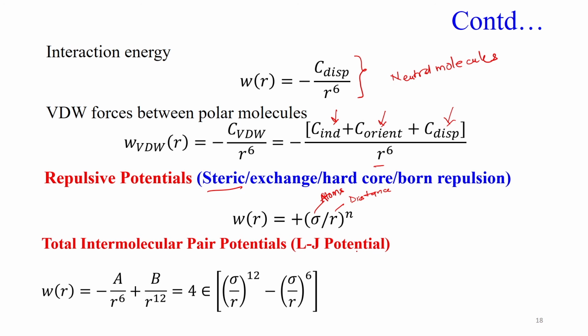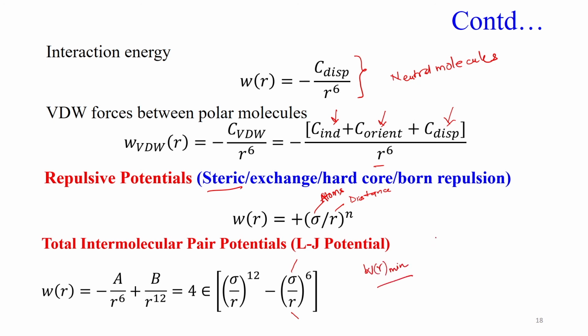It has both attractive and repulsive terms, and can be simplified in terms of the size of the atom divided by the interatomic distance. So this will be 4 epsilon, sigma upon r to the power 12 minus sigma upon r to the power 6. Now, as we did in the last class, if you want to calculate W at its minimum,